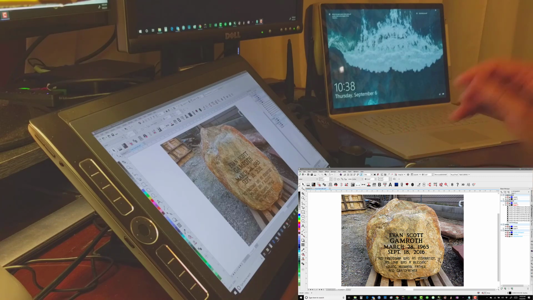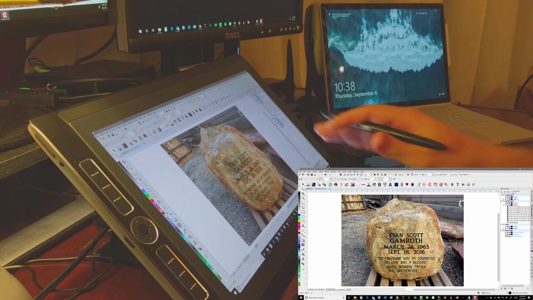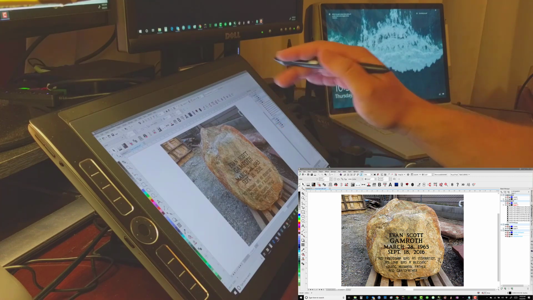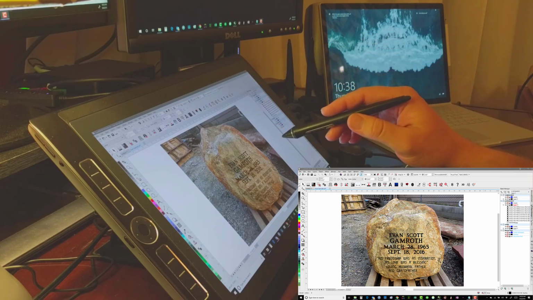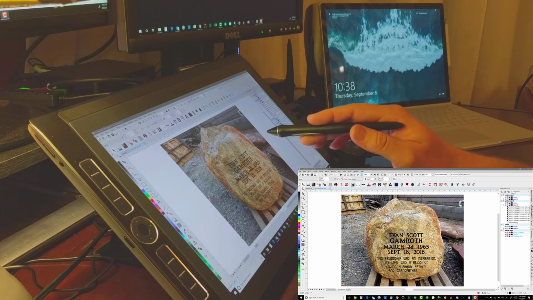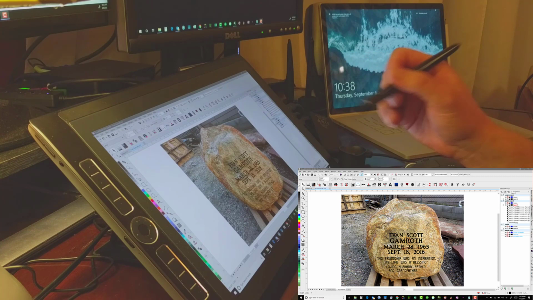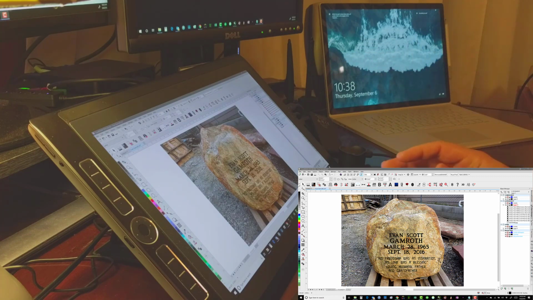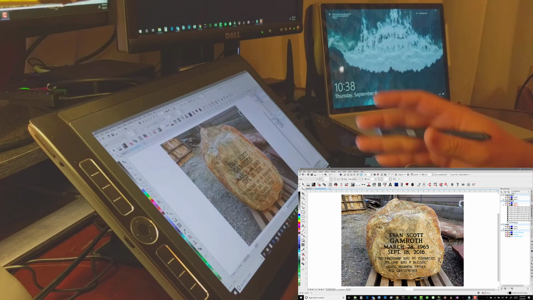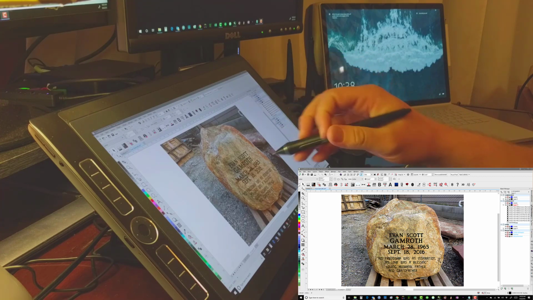For those of you out there that are looking to see if there's a better solution for drawing, especially custom artwork, I wanted to show you the system that I use. I use a Wacom Mobile Studio Pro 16 and CorelDRAW Graphics Suite 2018, then with my add-on MemorialDESIGNER. So that's the system that I use, and to kind of demonstrate how it works, I thought I'd show you